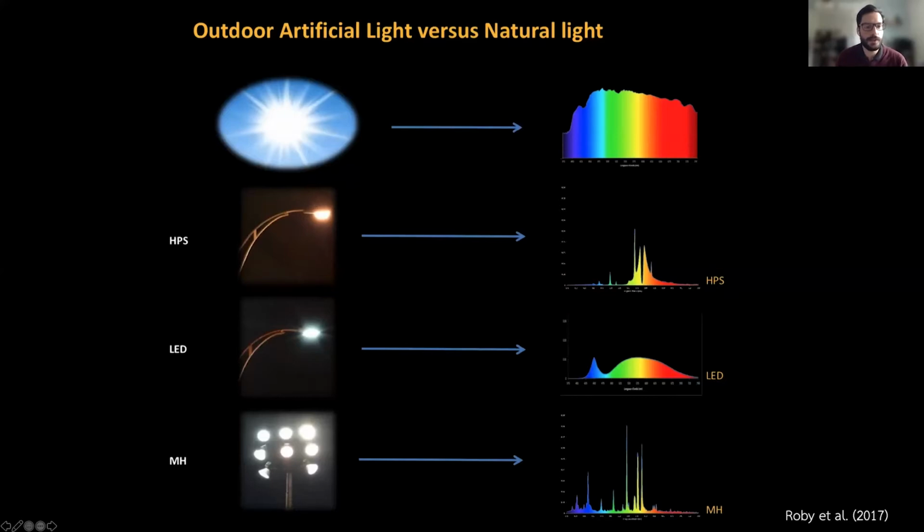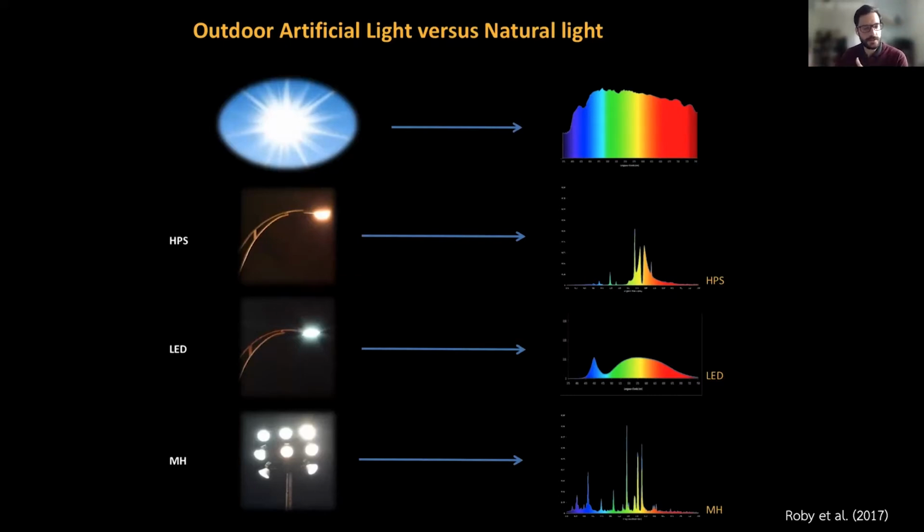And then the last example: maybe you know metal halide lamps from stadiums, for example. They also show very sharp emission lines, for example also in the blue. This is why you can see this whitish color. So with this information, we can now go into the impacts of light pollution. Now you are more or less prepared to talk about the impacts.